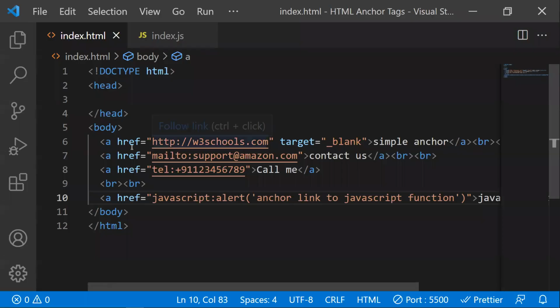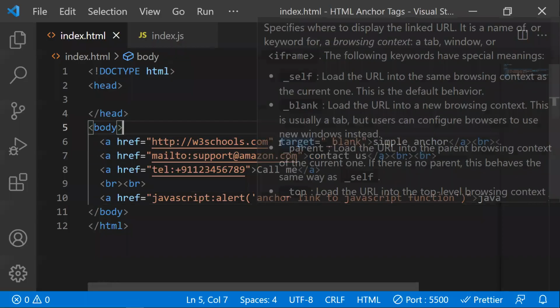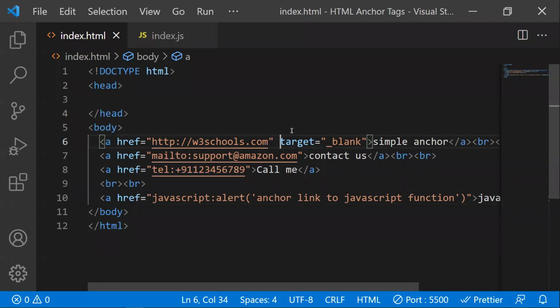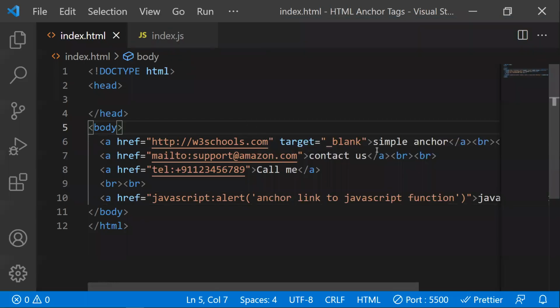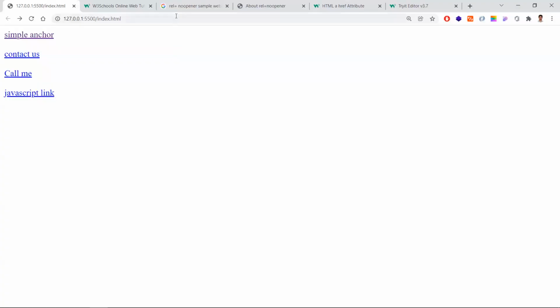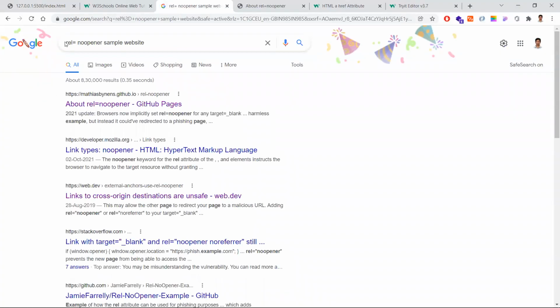In the earlier part, we have learned about this underscore target. Now I am discussing the security issues we are dealing with. Here you have target underscore blank. It means you're trying to open this href URL in a separate tab or in a separate window. There will be some security concerns when you're trying to open your window in a new tab. What are those security concerns, and how are we going to deal with them? For example, go to Google and check this option, rel is equal to noopener.